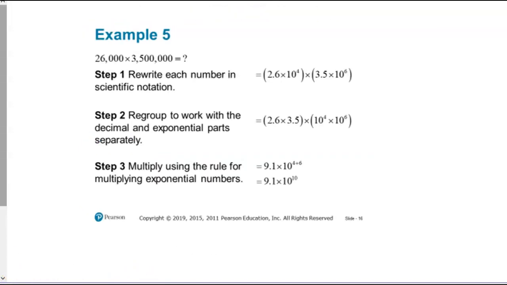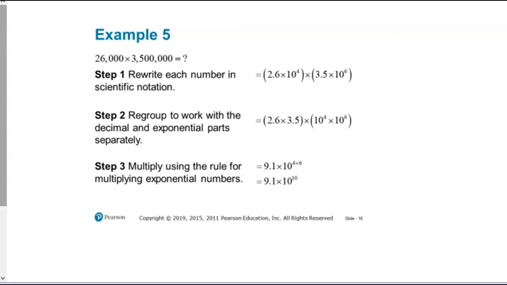So let's go ahead then and look at these and see how we can multiply and then divide, knowing what we've learned about scientific notation. Basically, what you're going to do is regroup the numbers, and then regroup that with the exponents. And so in this case,